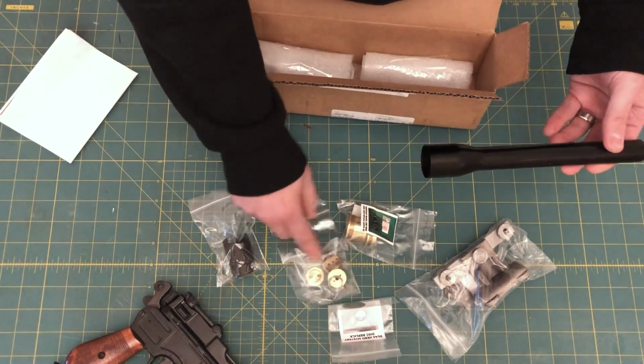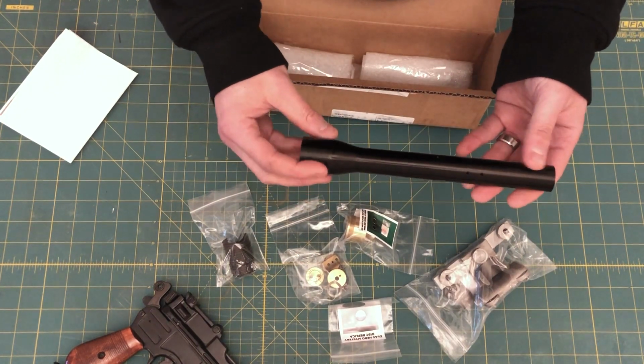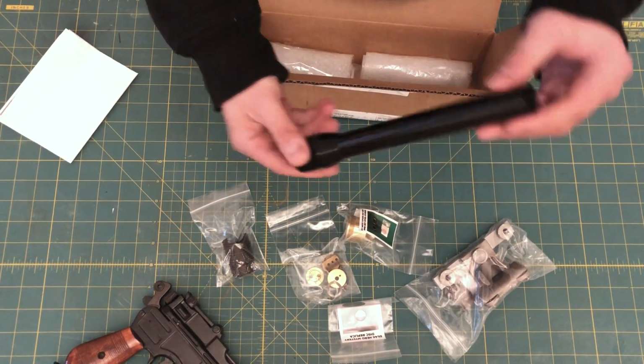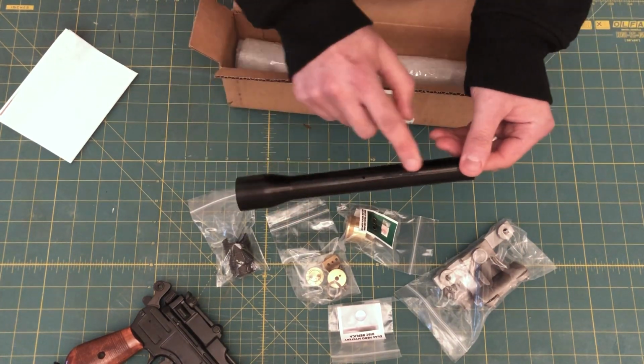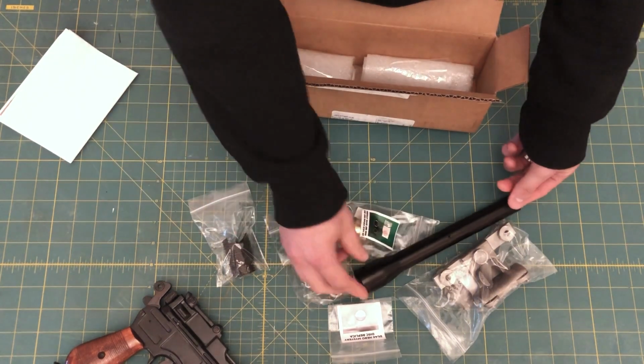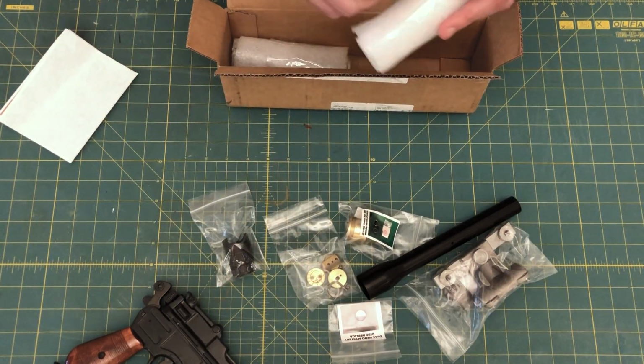This one, look at that. That's going to receive some of the sight ends and everything here. This is the aluminium version or the steel version, I can't remember exactly, but this is fully engraved, and this one is black anodized, which is going to match the base gun a little bit better. And then we've got